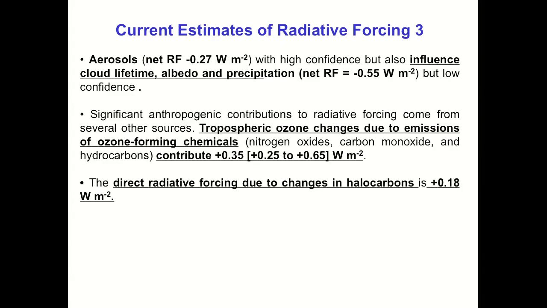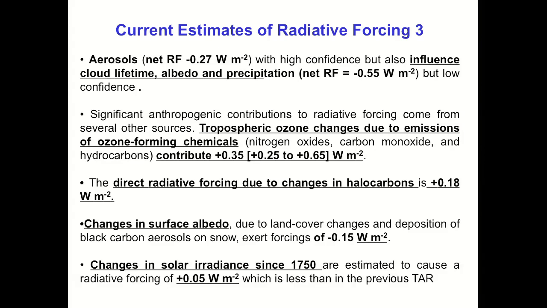Okay, I'll leave you to read this page and make sure you're familiar with the typical values, which will change depending upon the updates to the AR4s and 5s that are coming out. But the main thing is to remember that this is typically the natural change that we're looking at, 0.05 watts per meter squared due to changes in solar insolation. That's the radiative forcing since 1750 contributed to by that natural change, the external forcing by the sun. So compare all those other numbers with this.